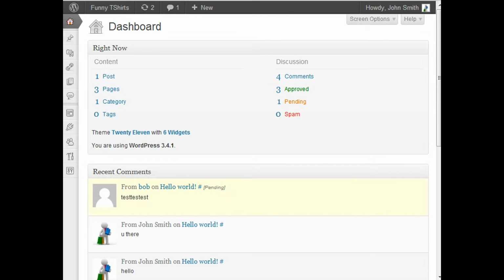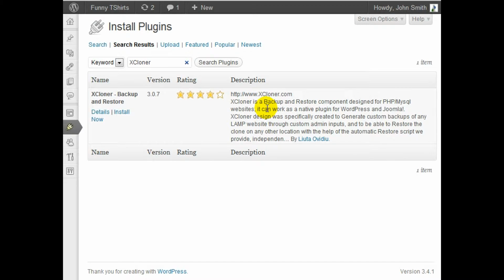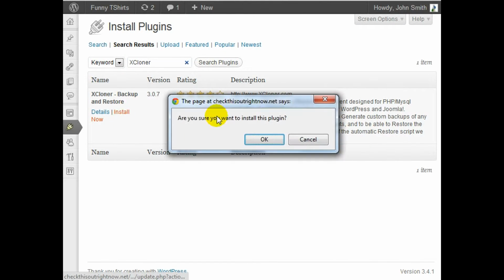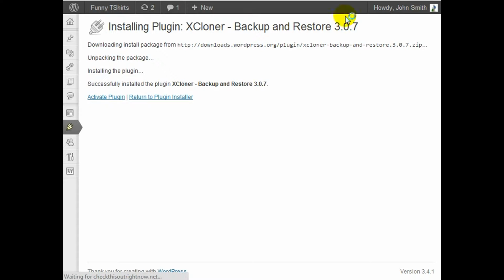The first thing you want to do is, of course, to go to your dashboard. And at this point, you'll want to go to Plugins, click on Add New Plugin, and do a search for k-linkerhosting. Click on Search Plugins, and it's this one here. So click on Install Now, click on OK, enter your FTP username and password, click on Proceed, click on Activate,